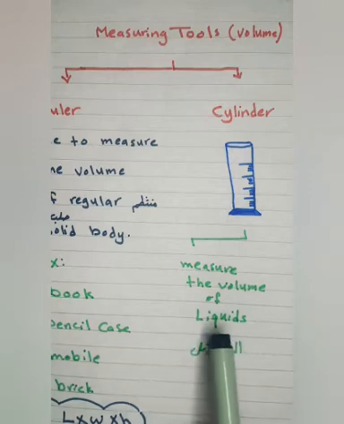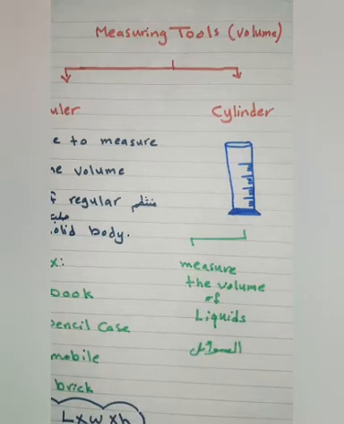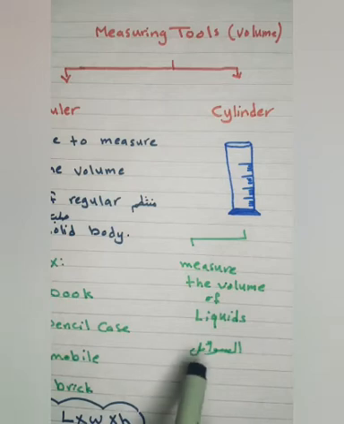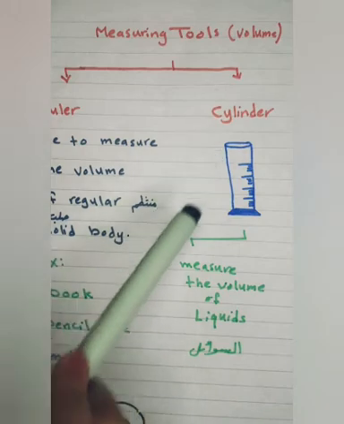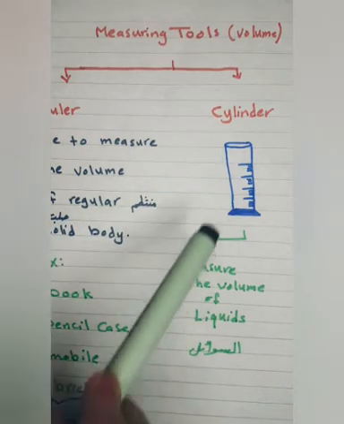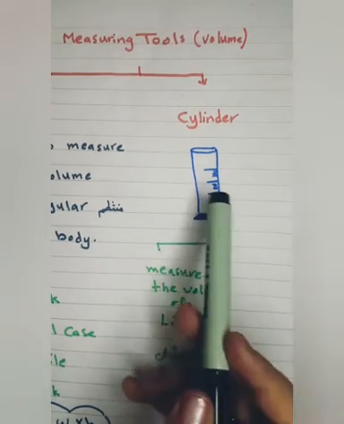Liquids, which means السائل أي جسم سائل like water, oil, perfume, vinegar, for example benzene, kerosene, alcohol كل دي liquids. All these examples are considered as liquids. How we can use the cylinder to measure the volume of liquids? بس قبل ما اديلكوا ازاي بستخدم السلندر علشان اجيب الفوليوم بتاع الليكويدز I told you that I use the cylinder